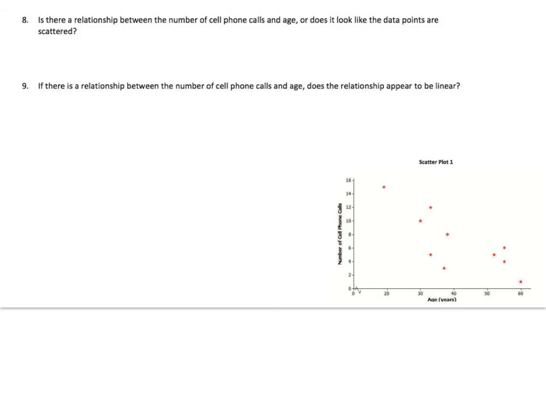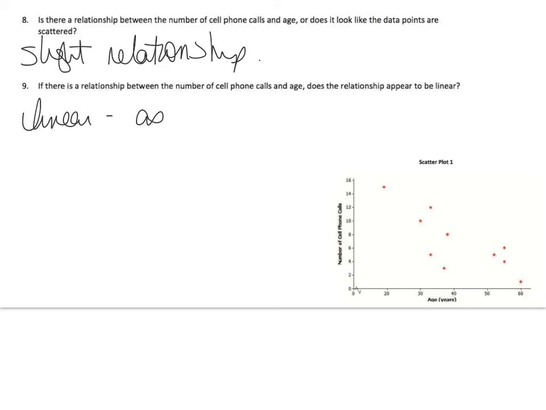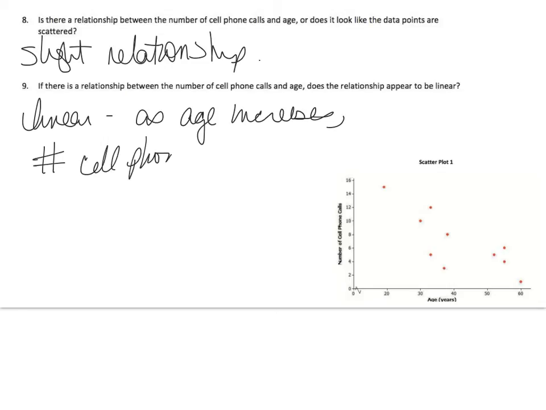Is there a relationship between the number of cell phone calls and age, or does it look like the data points are scattered? There's a slight relationship, I think. If there's a relationship between the number of cell phone calls and age, does the relationship appear to be linear? So as age increases, the number of cell phone calls